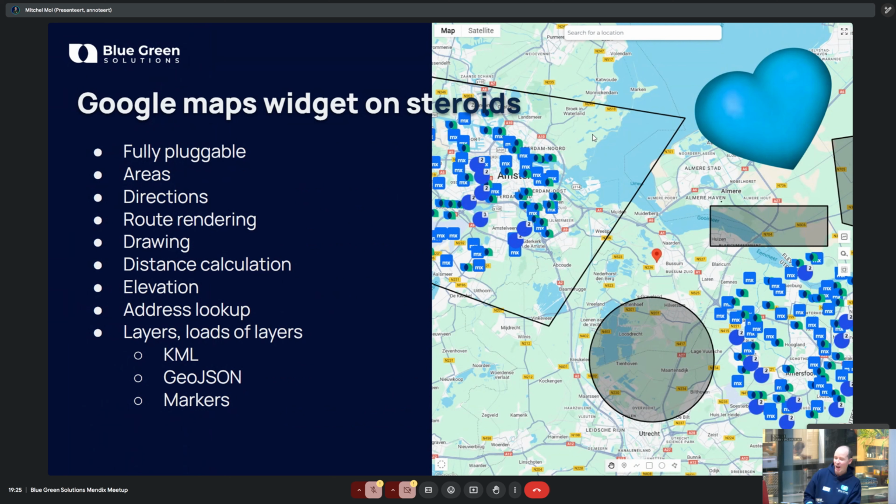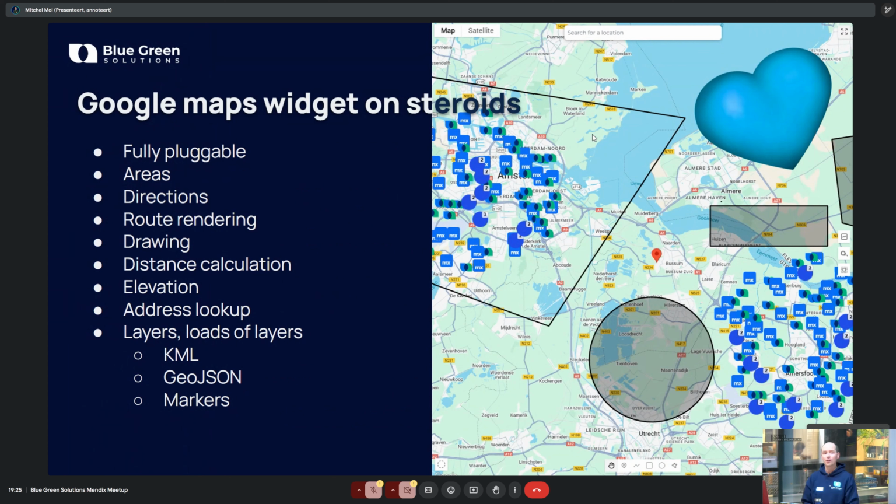Distance calculation, elevation. A customer for whom we originally started building this map widget does projects over in Colorado with lots of mountainous area, and they need to know how elevated things are across a certain area. Address lookup, so you can just type in an address, and it gives you back the lat long, but also some details about the address, the place ID, that kind of stuff.